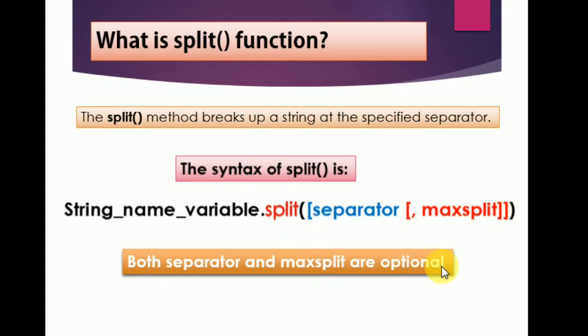If you do not pass anything inside the bracket, then it is still going to work, and split is going to use the default separator, that is a space, the gap between the words of whatever sentence you have stored in a string. So let us first discuss the separator and max split.